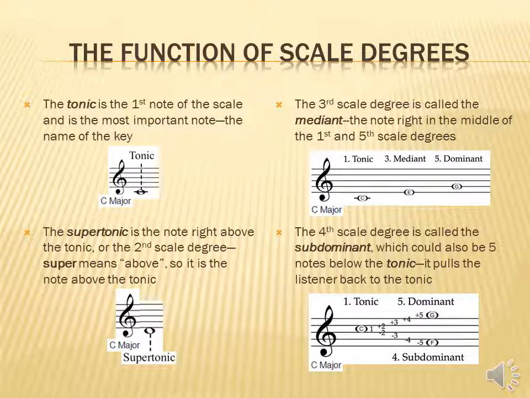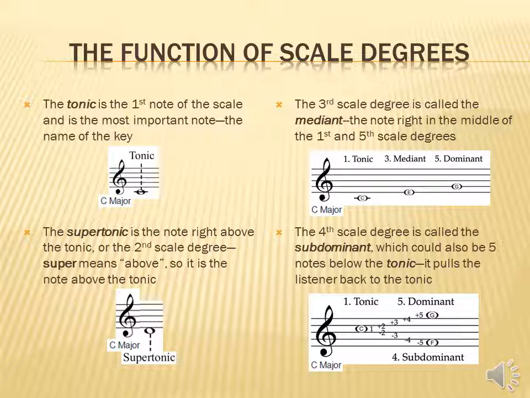The function of scale degrees. The tonic is the first note of the scale and is the most important note, the name of the key. The supertonic is the note right above the tonic, or the second scale degree. Super means above, so it is the note above the tonic. The third scale degree is called the mediant, the note right in the middle of the first and fifth scale degrees: tonic, mediant, dominant. The fourth scale degree is called the subdominant, which could also be 5 notes below the